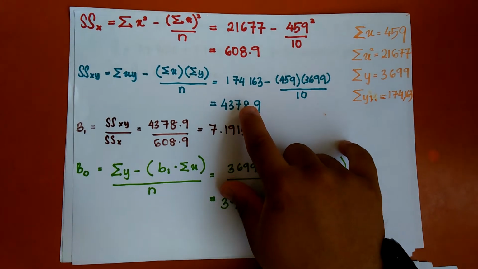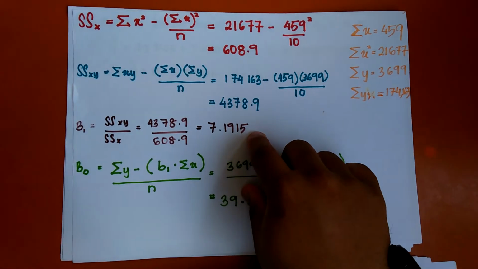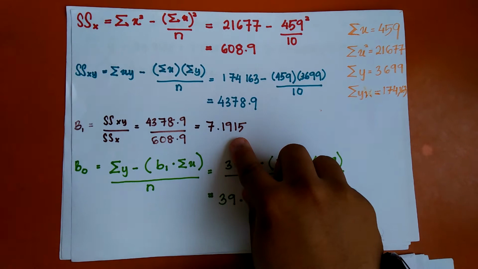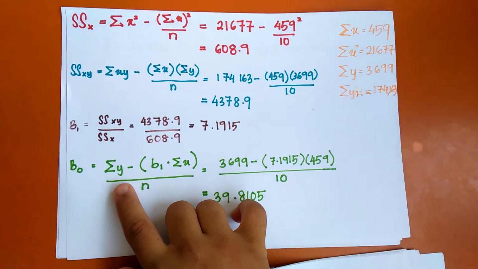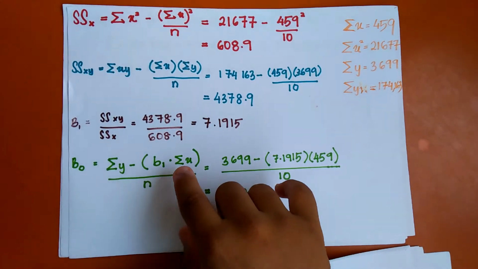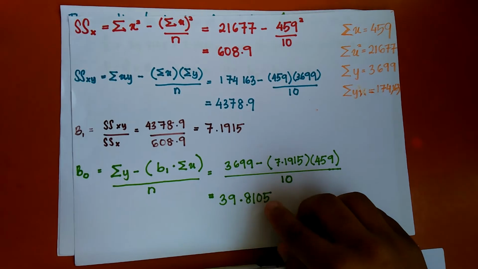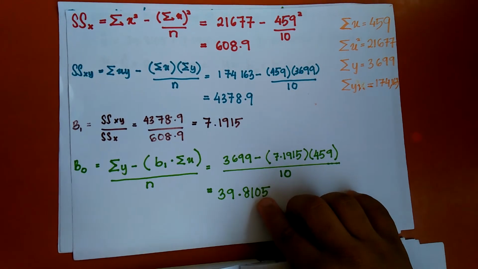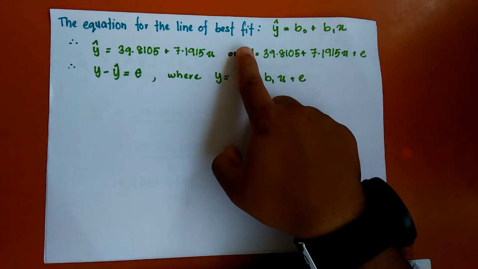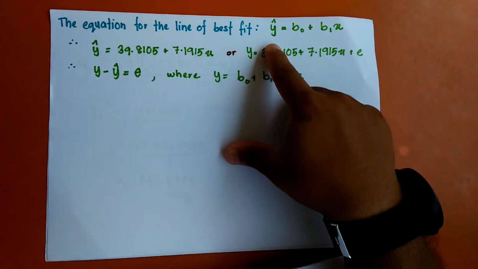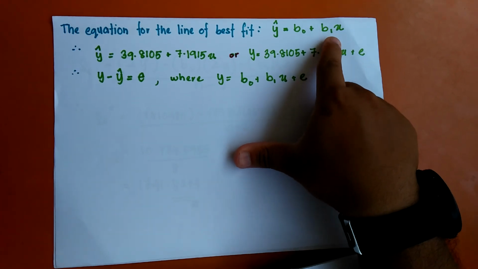As we got the values of SSX and SSXY, we can calculate the value of b1, which is 7.1915. For the value of b0, we use the equation summation of y minus b1 multiplied by summation of x, divided by n. We will get 39.8105. So, the equation for the line of best fit, as we all know, is y hat equals b0 plus b1x. So the equation for the line of best fit is